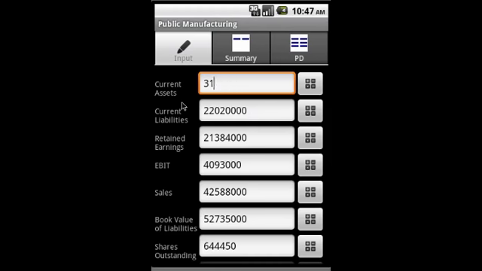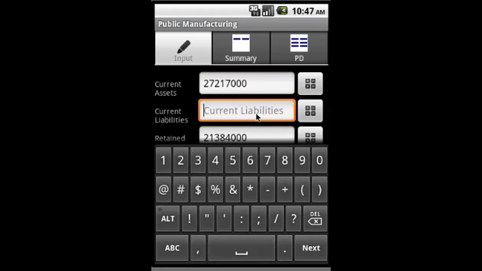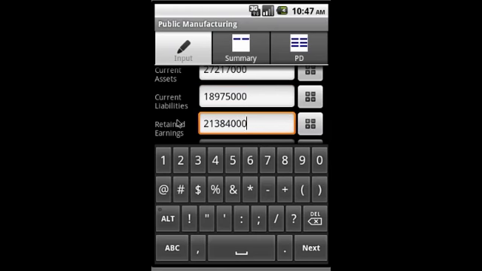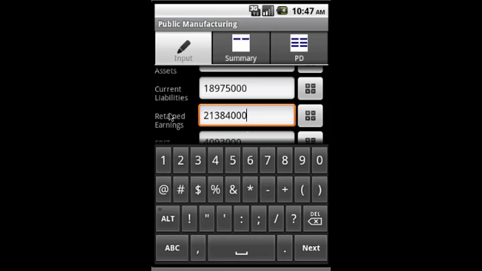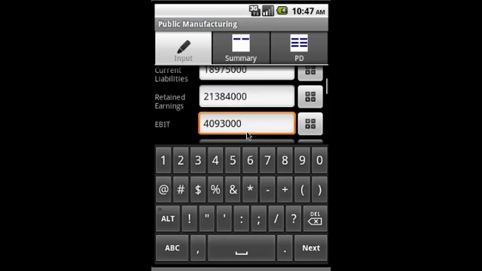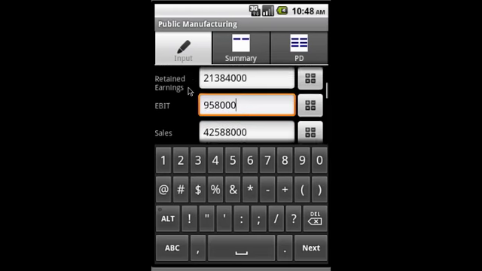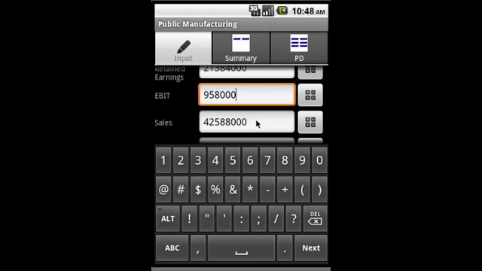In this case, current asset is 27,217,000. Current liabilities is 18,975,000. Retained earnings, so we'll leave it at the same figure. See, EBIT is 958,000, and the sales is 32,396,000,